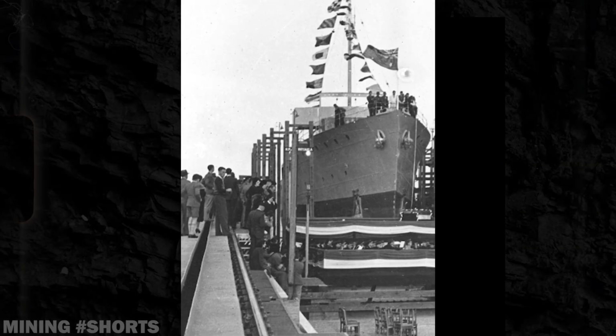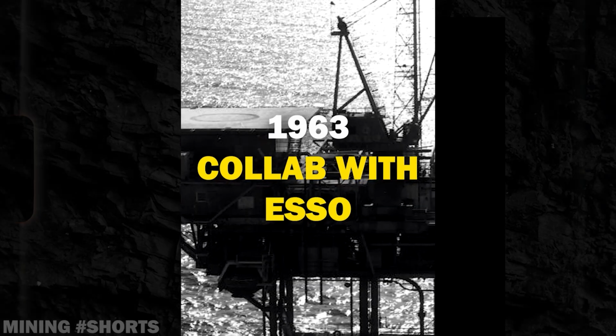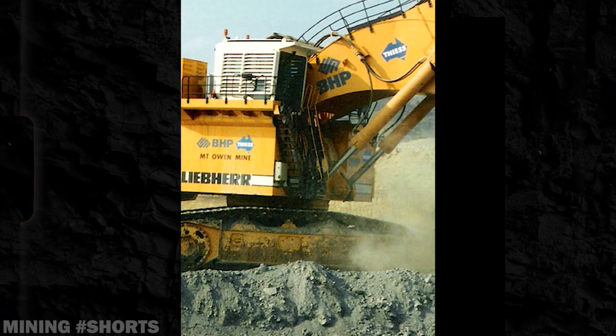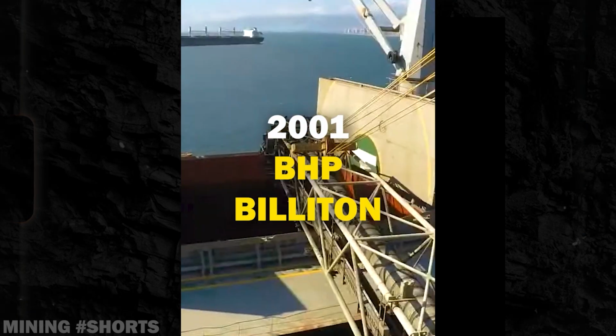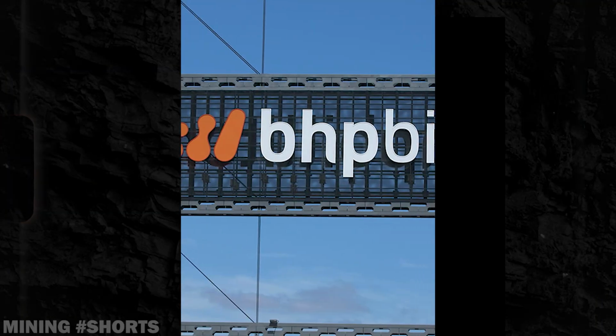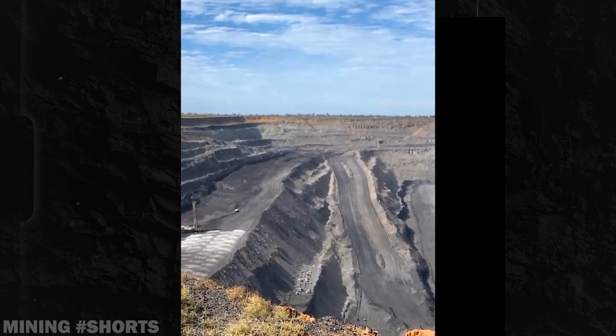After being involved in shipbuilding for the Navy in 1941, the company then teamed up with Esso and diversified into petroleum and natural gas. In 2001, history was made after the Australian giant merged with Billiton to form BHP Billiton, an alliance which allowed the firm to reshape and expand its mining portfolio and helped establish BHP Billiton as a